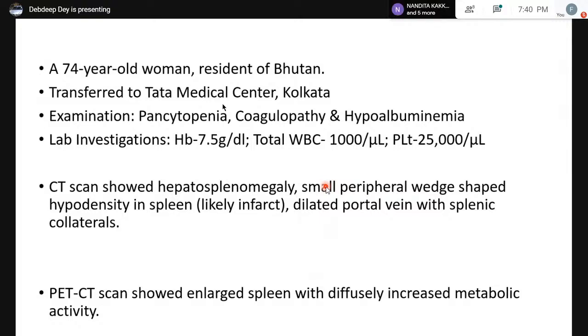CT scan showed hepatosplenomegaly, splenic infarct, and dilated portal vein with splenic collaterals, and PET CT scan showed a large spleen with diffusely increased metabolic activity. Now, because of the coagulopathy, it was not possible to do a liver biopsy. A splenic biopsy is just out of the question. Therefore, a transjugular liver biopsy was done,